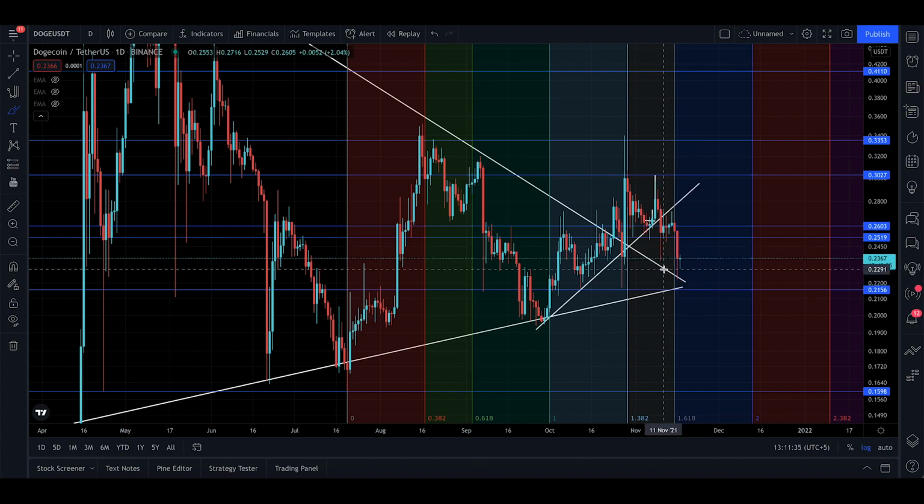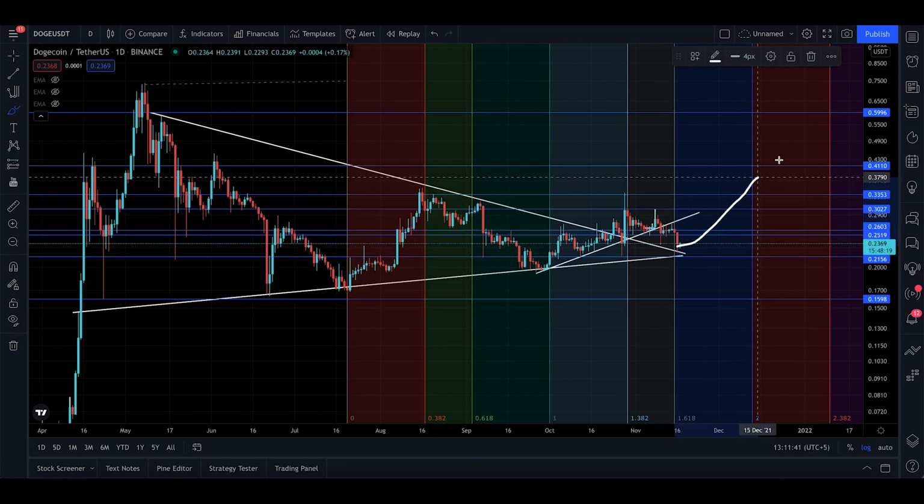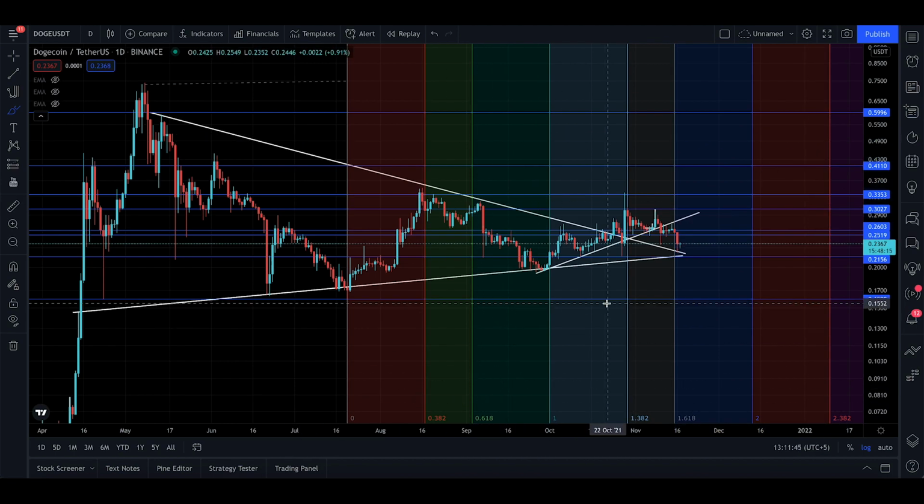So that's a good sign. There's nothing bearish and there's nothing bad about it. So for me, I'm gonna just keep holding until maybe 13th of December all the way to 10th of January. So my maximum holding time for this one is gonna be until 10th of January, and that's how I trade